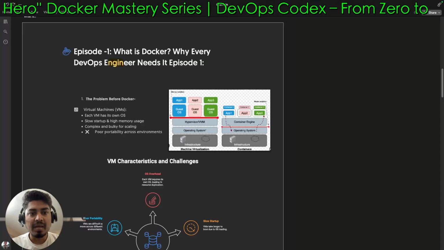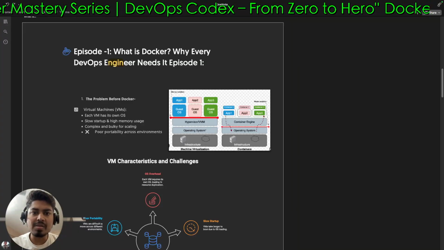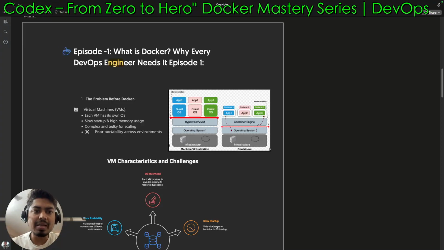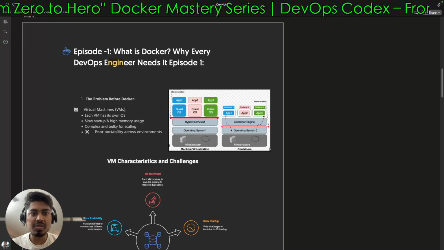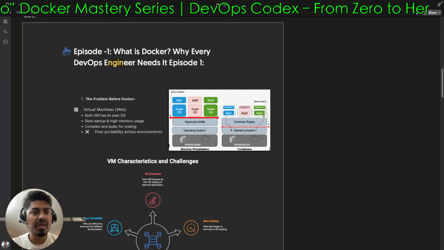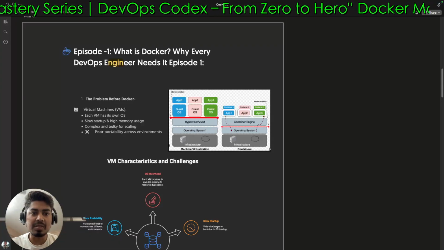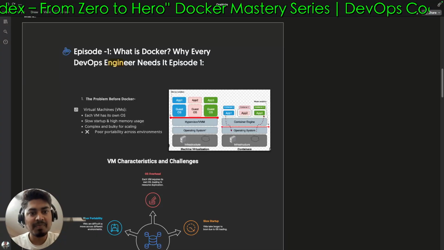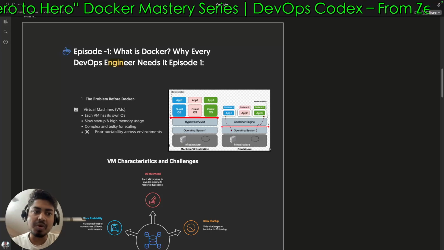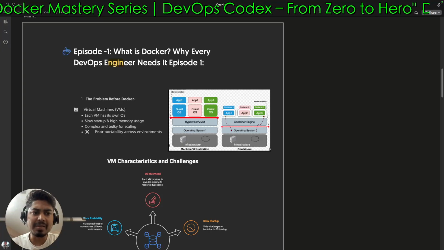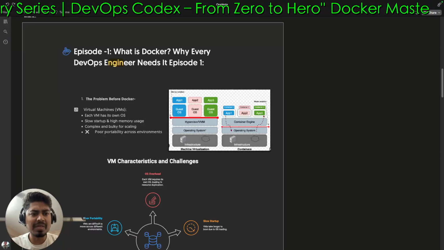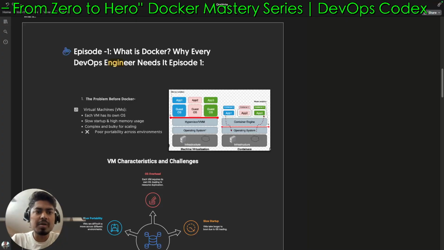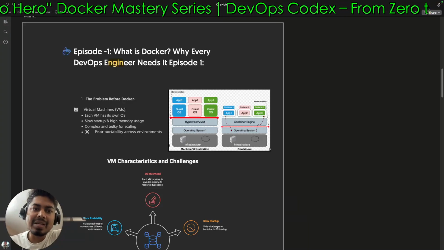And in this episode, we are answering questions like what is Docker and why is it a must-know for every DevOps engineer. If you are still developing your app using virtual machines or manually provisioning the servers, Docker will completely change your workflows. Let's dive right in. So the problem statement is, before Docker, teams heavily relied on virtual